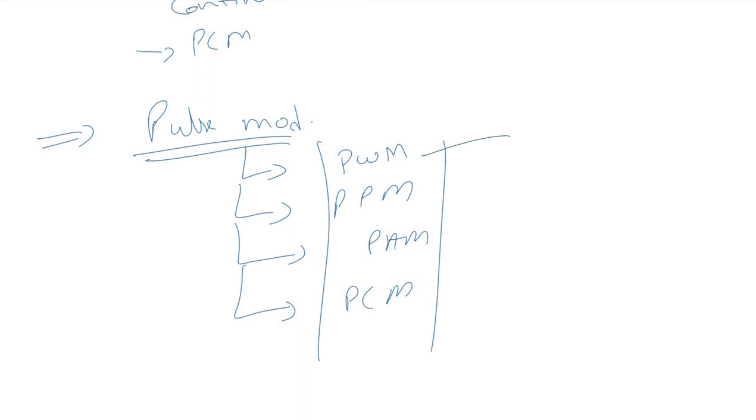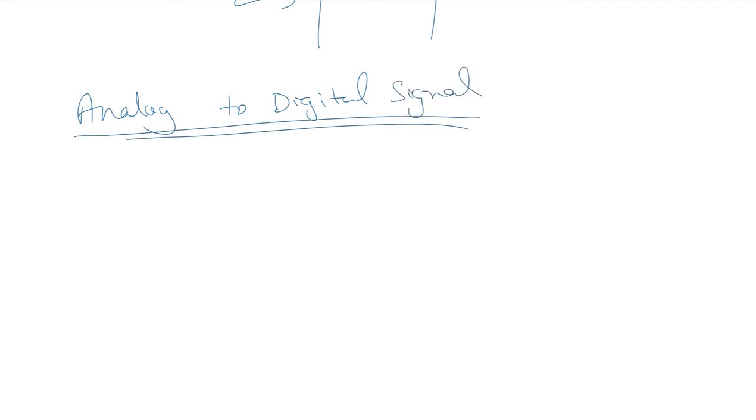we'll discuss these predominant techniques in detail, but before that we need to understand the significance of digitizing an analog signal. How do we convert, first of all, an analog signal to a digital signal, and then why do we convert analog to digital signal? What are the application advantages of digital communication or digital signals in particular? So if we talk about the process of analog to digital conversion, it is basically a three-step process.